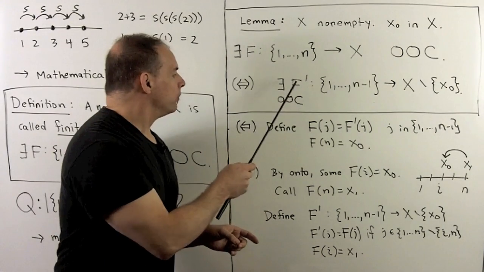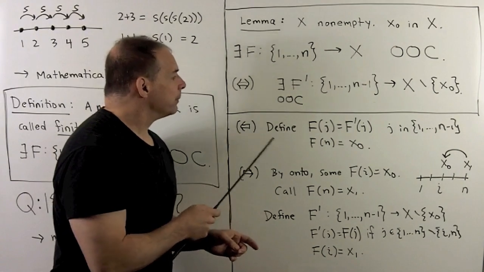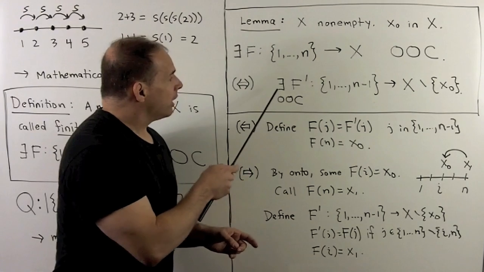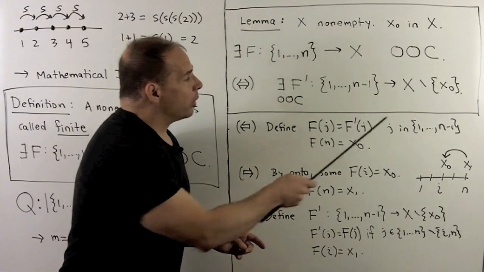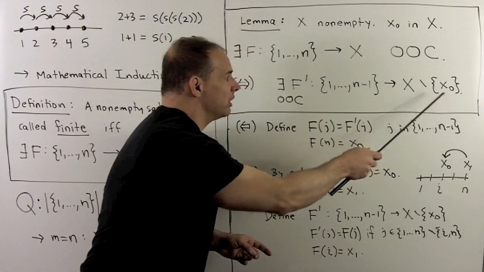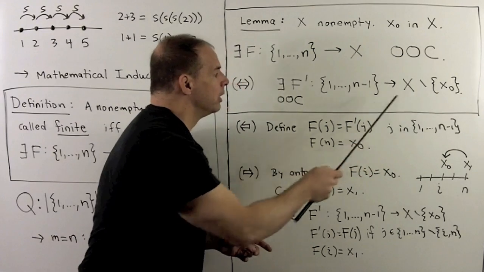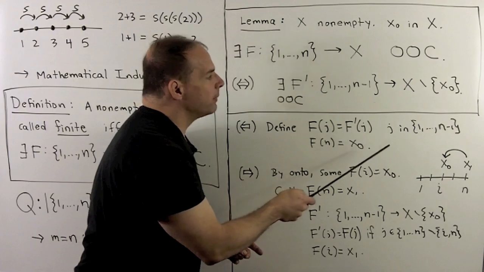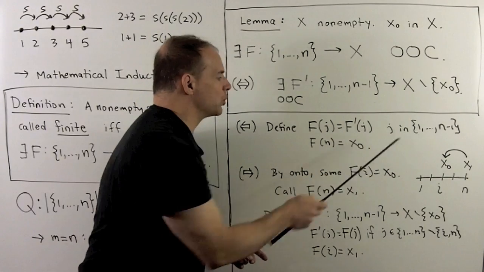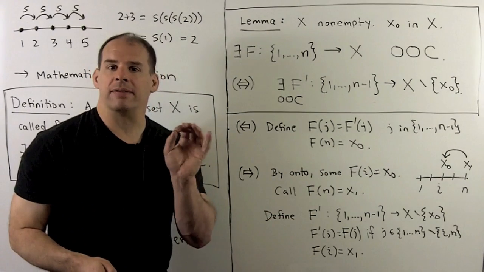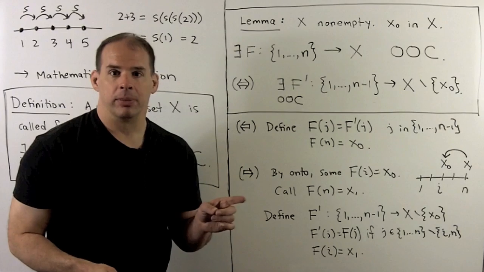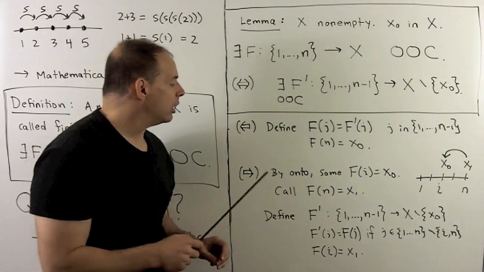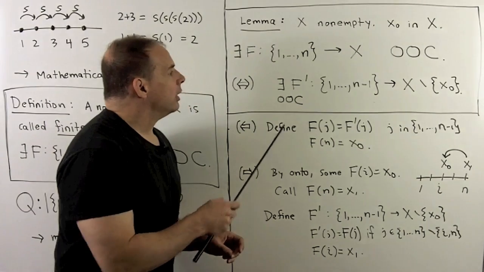Now, for the proof, if we go to the left, well, there's not a lot of work here. We already have f prime. I want to put x0 back into the function as a value. So I'll just stick it in at the end. So we'll define f to be equal to f prime for any j from 1 to n minus 1. And at the end, we have f of n equal to x0. And I'll leave it to you to show it's a one-to-one correspondence. In the other direction, the idea here is